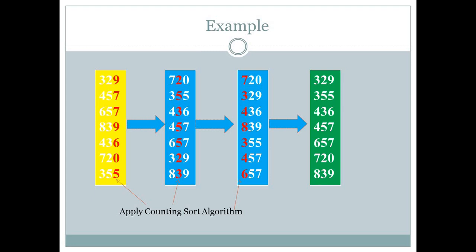Then you will have one question: if we have different numbers, means one number is of 2 digits and one number is of 3 digits and another number is of 4 digits, in this case what will we have to do? So in that case we will add zeros in front of the number.